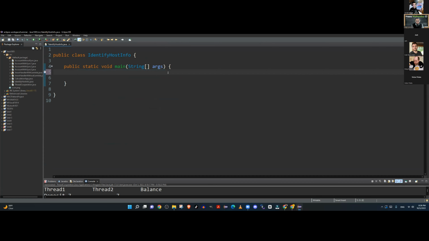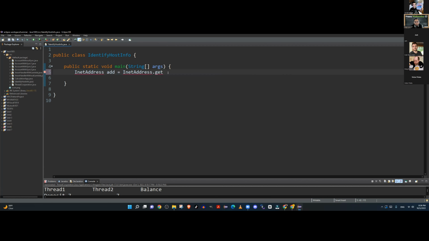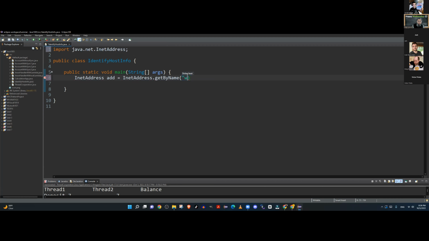And we will take help from InetAddress, which is a Java built-in class, to which you can actually provide the URL of a website, and it can tell you some details about that website, such as,